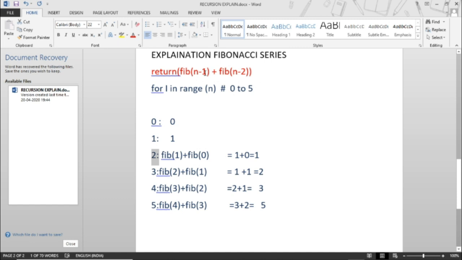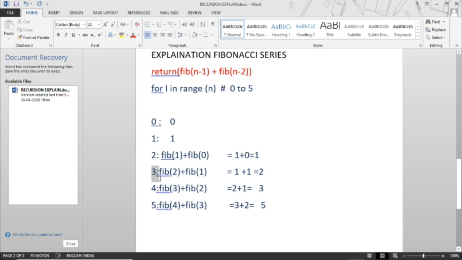For 2, n minus 1 will be 1 and n minus 2 will be 0. So it will be called as fib(1) plus fib(0), right? We already know fib(1) is 1 and fib(0) is 0. So it will be 1 plus 0 equals 1. So this 1 will be taken.